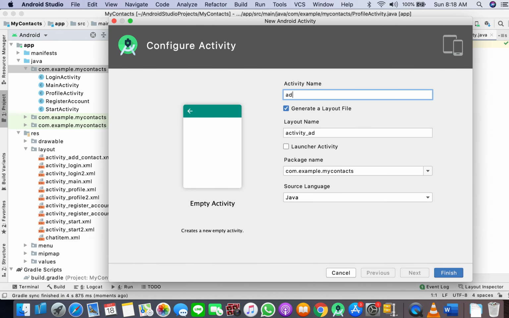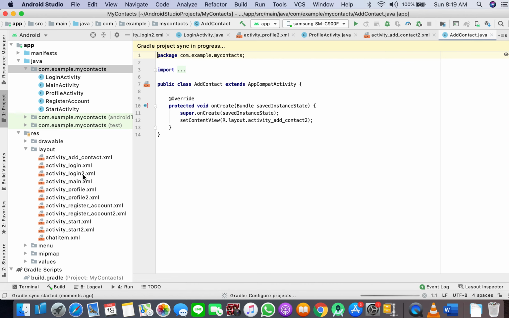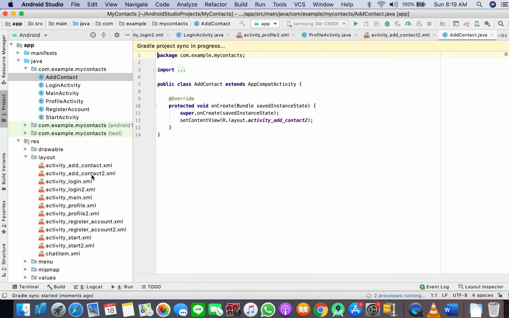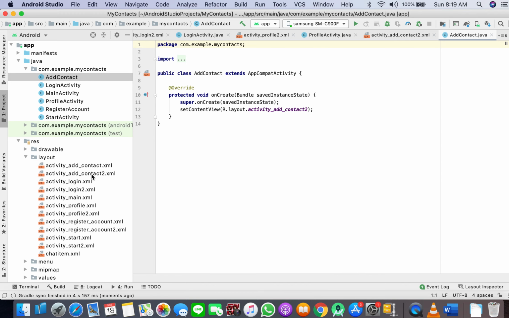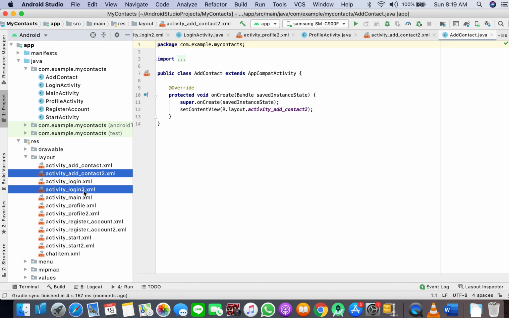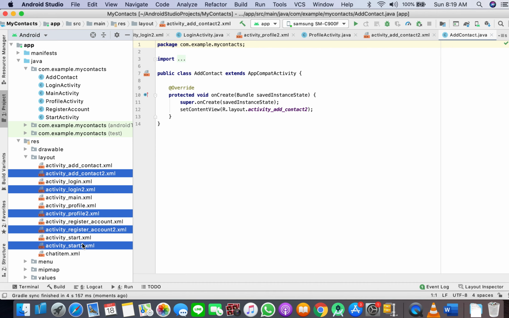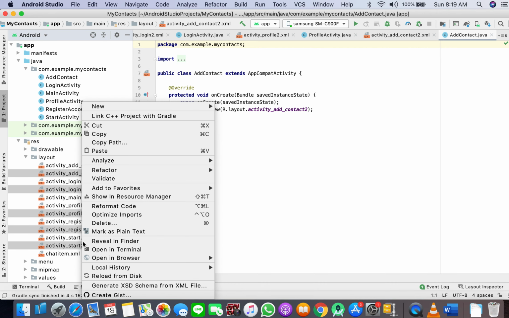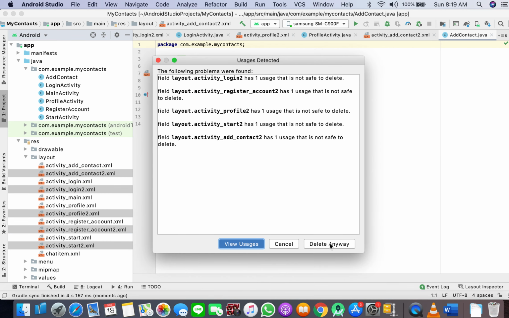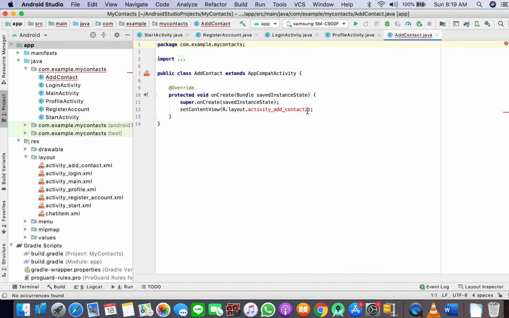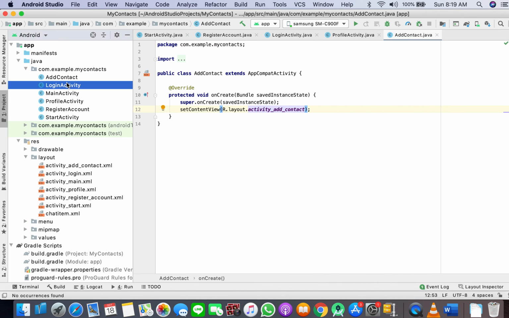Sorry, it's add contact. So when we have created these activities, it is auto generating the layout files, but we had already imported the layout files for this. So what I'll do, I will delete the newly generated layout files, which are here by the name of 2. If you are not copying pasting, then obviously you will use these files, but since I have copy pasted the files, so I will go here and I will remove the 2